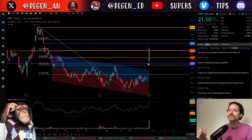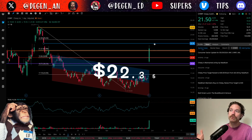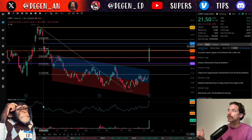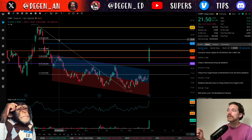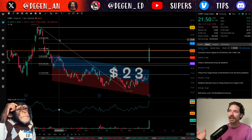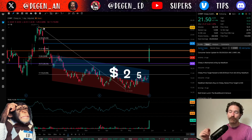And so some other levels that I do see to the upside that Chewy might be facing off with as resistance, we could see here $22.35 being the close from January 2nd. There being a little bit of a gap down there. So that is one level that might be acting as some resistance. But then just beyond that, the 786 is right around $23 at $22.98. So another level to be contending with, and then getting back up to the highs here, right around $25,